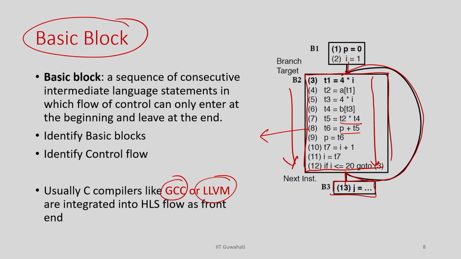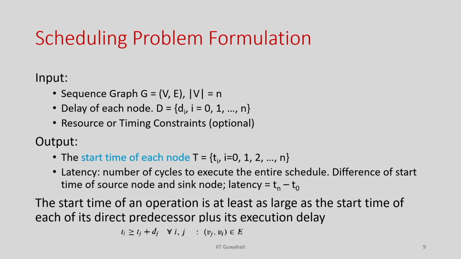Okay. So, now let us move on to the next step, scheduling. We already know that scheduling is where we assign a timestamp to each operation. So, what is my input? We have the basic block information. We have these operations, and we construct a data flow graph, a DAG, the data dependency graph, which represents how the operations are dependent on each other. That is given to me, and we will learn that it is represented by a graph called a sequence graph.